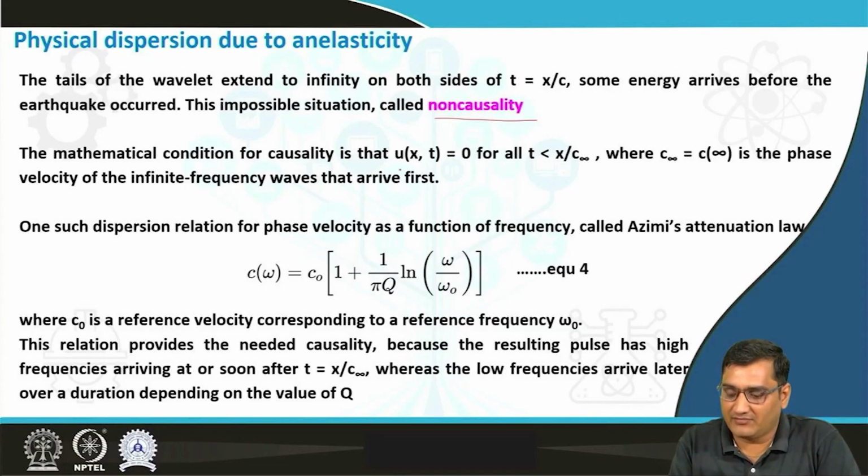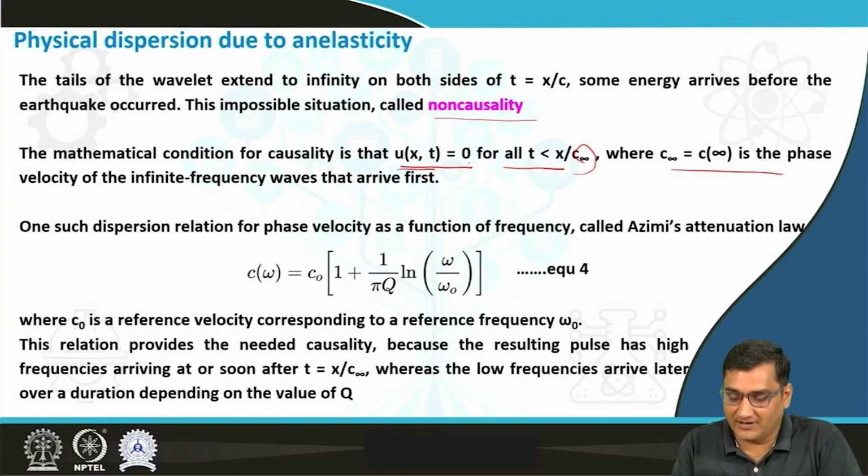That means we consider that all the displacement arriving before the arrival time should be equal to 0. That means u(x,t) is equal to 0 for all times less than x by c, where c is c infinity, the phase velocity of the infinite frequency waves